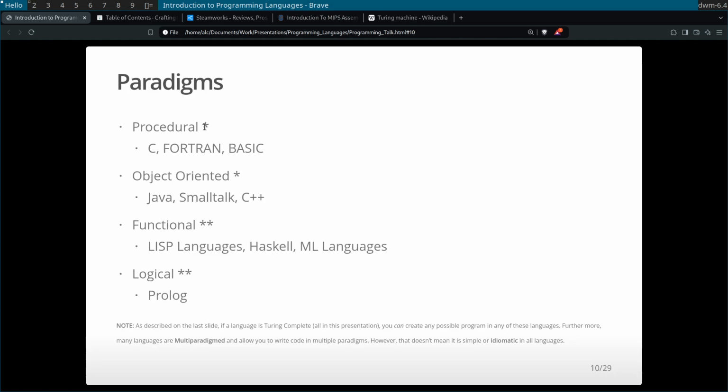One thing to note is that I have single asterisks on this and double asterisks on these. That has to do with something called imperative programming, which these two are, which is kind of that give a set of instructions and let it run through each instruction, telling the computer how to do each of those steps, versus these two, which are normally what are called declarative.